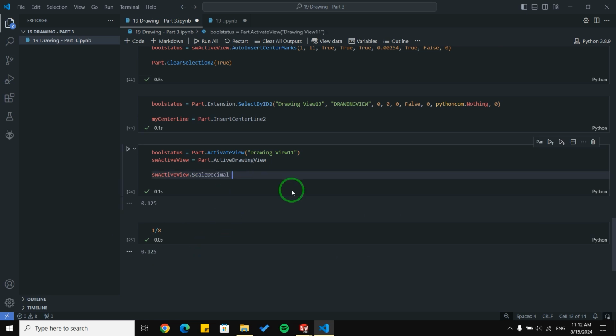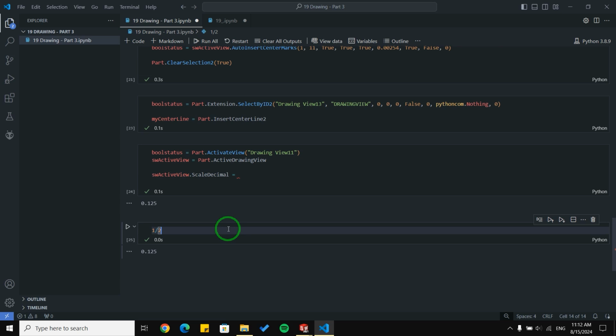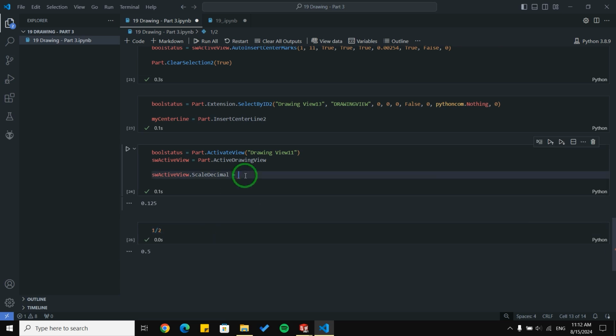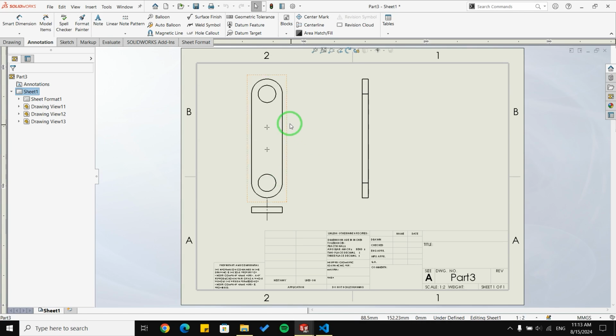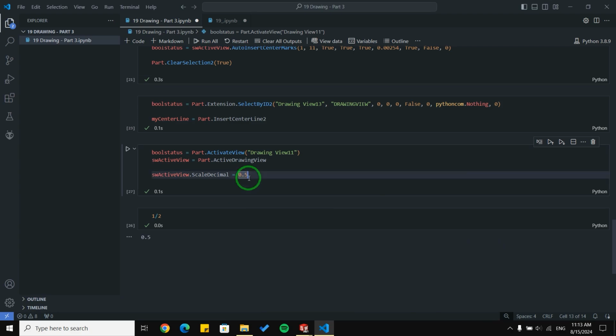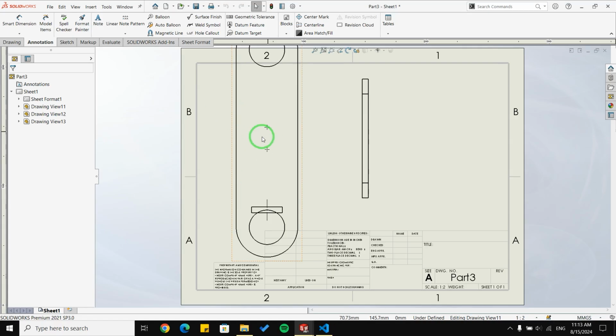So if I want to change it to, I don't know, 1 to 2, as you can see, I need to put 0.5. Okay, let me run this block, and as you can see, we are able to change the scale for any views we want, or even one, and as you can see, we are able to change it another time.